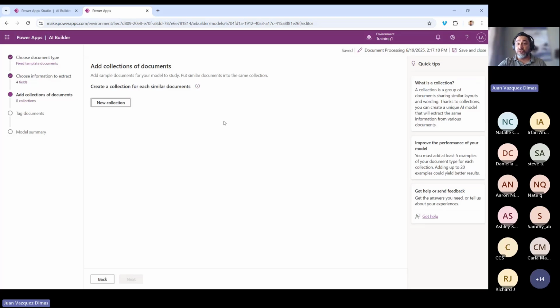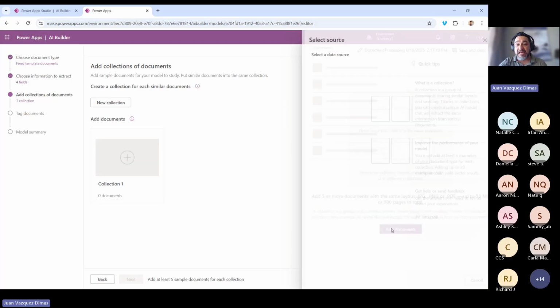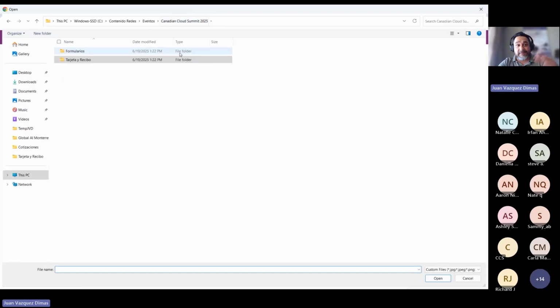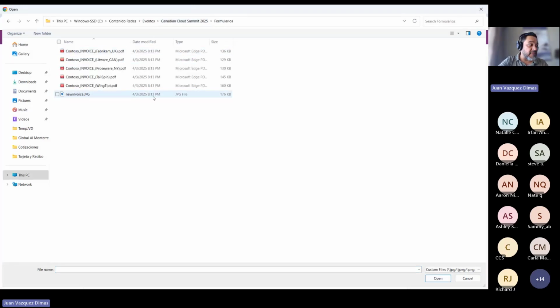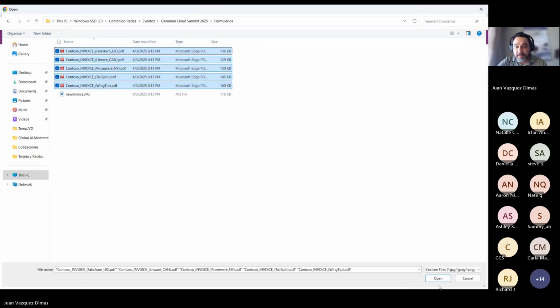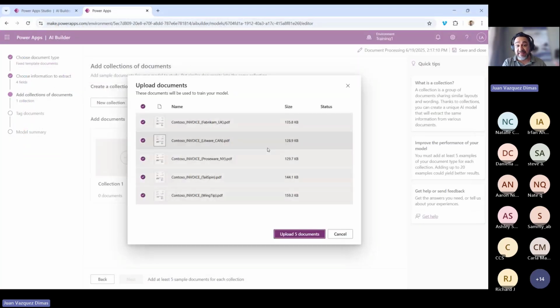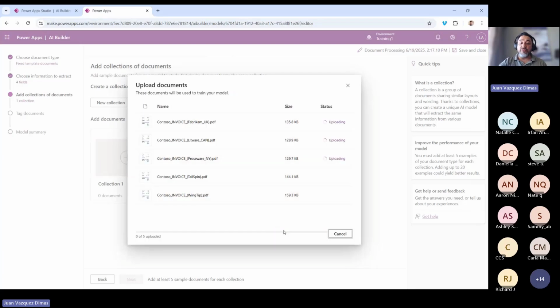So what you want to do is create a collection of documents, and you need at least 5 documents. Then you can add those documents from your device, or you can grab them from, I don't know, probably from SharePoint or any other storage where you have these documents. So I'm going to add those 5 documents. I need at least 5. And then once you upload your documents,